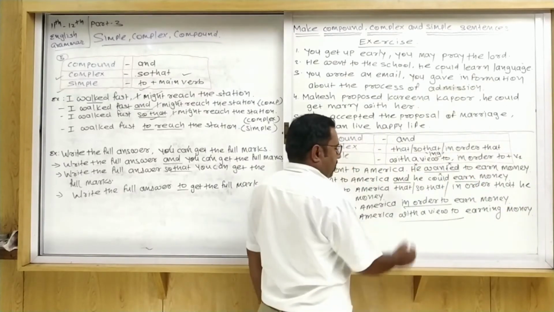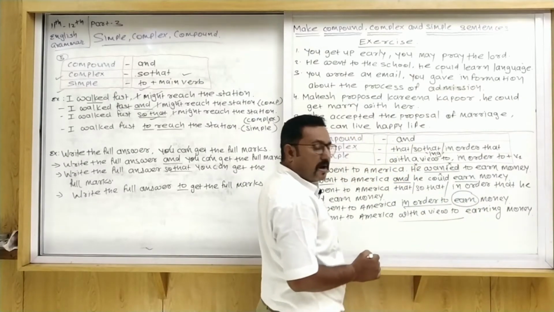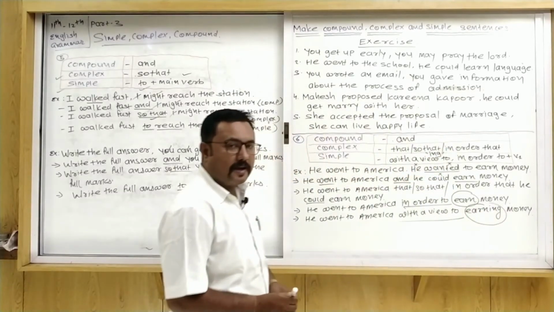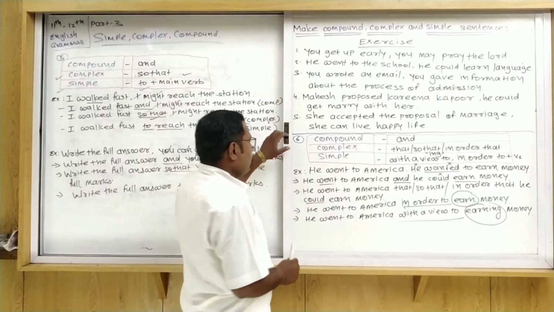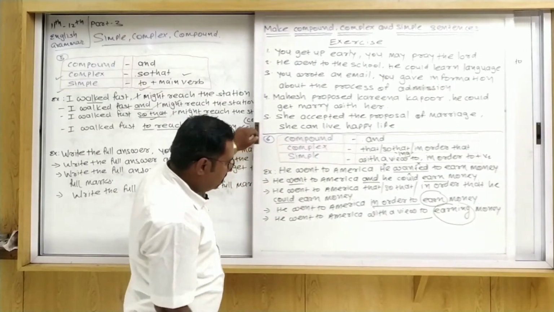So dear friend, when we use in order to, at that time we use V1, the main verb, and with a view to, at that time we can use the ing form of the verb. Okay, so you write it down in your notebook. Now